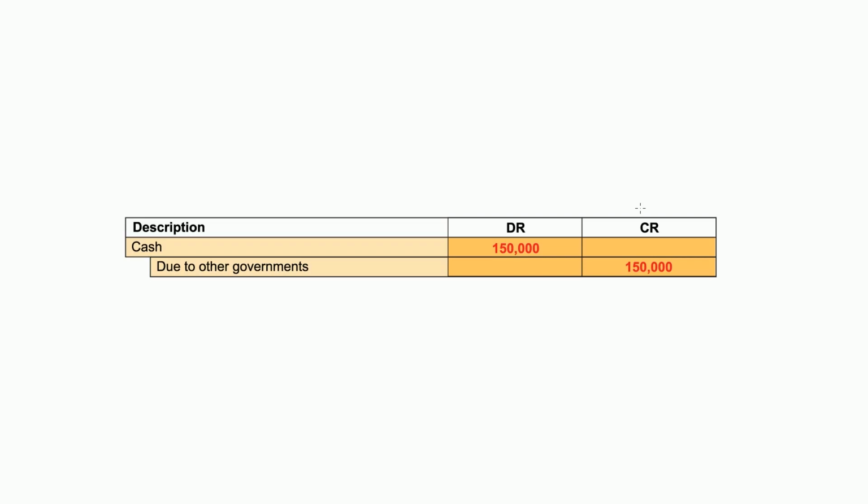Then the final item here is that the city remitted $120,000 of tax dollars it received on behalf of Easy City. So it's now going to give that money to them. So it gets rid of the liability with the due to other governments, and of course you credit the cash. So that would once again be in the custodial funds.